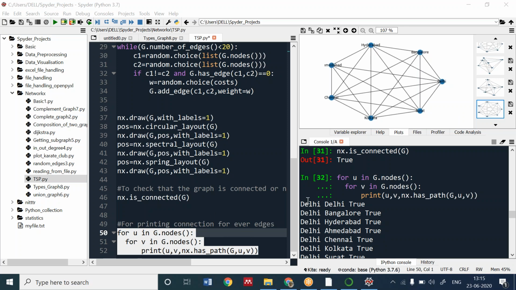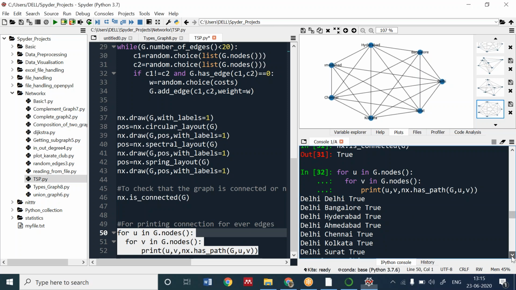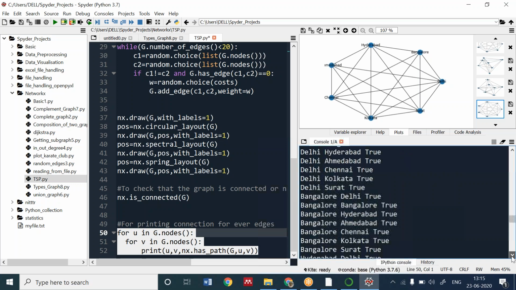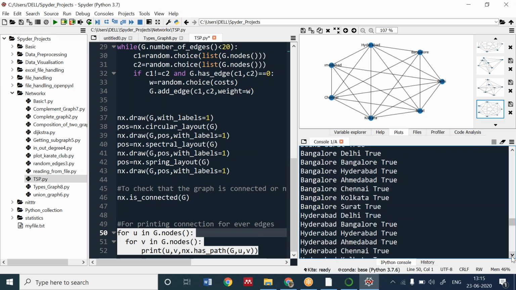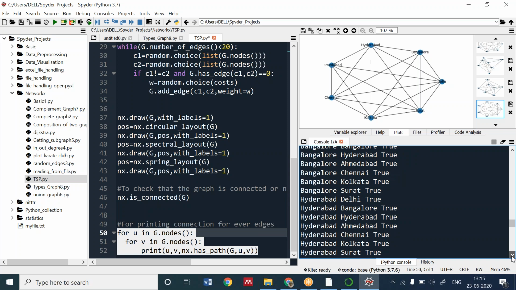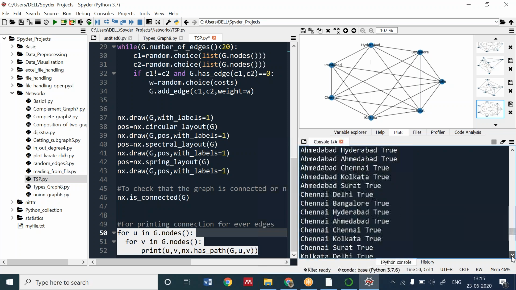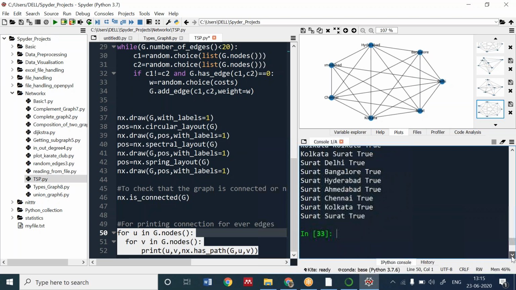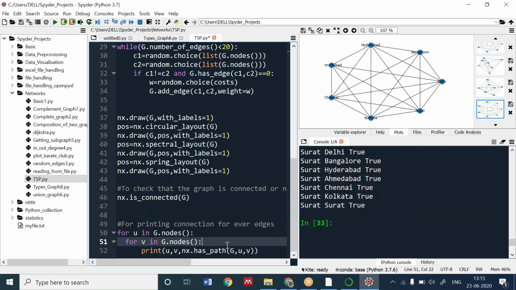Okay, we will see whether from Delhi to Delhi there is any path. For Delhi to Bangalore, we are just checking whether the path is available or not. You can check it from here. I have used a has path function. If there is a path, it will show the path. For checking if there is a path, we have the function as path. Write it down. Then we are going to implement Dijkstra. We have just studied Dijkstra, so first we are going to implement the Dijkstra one.